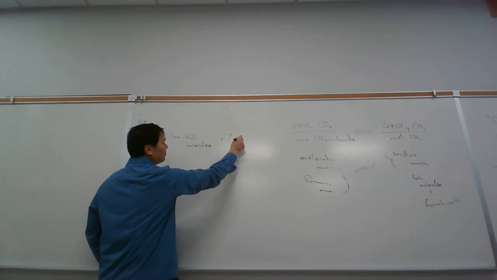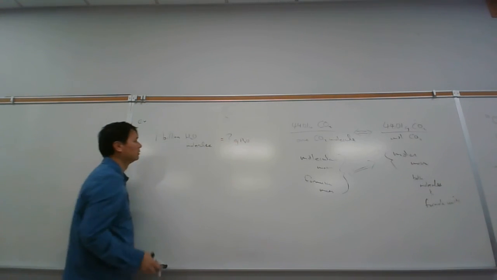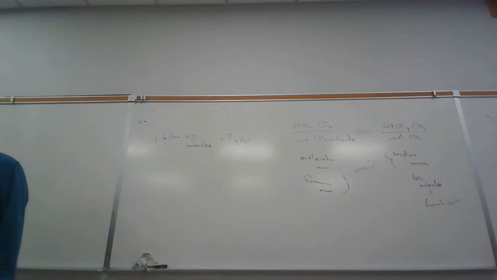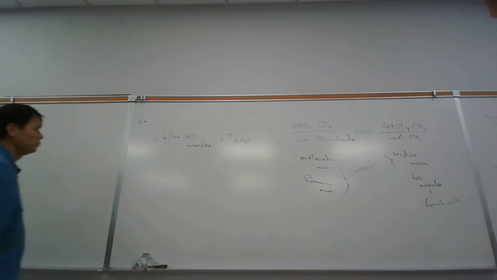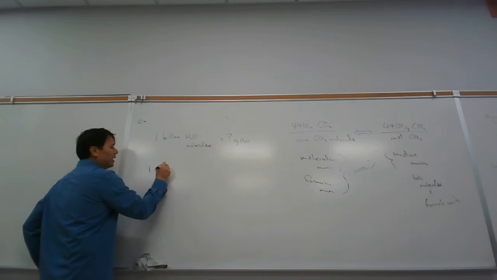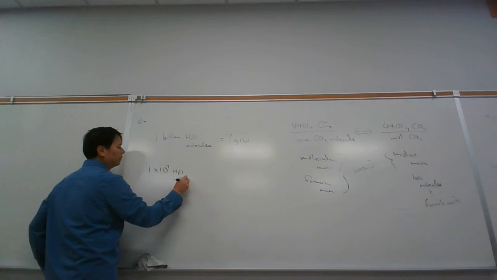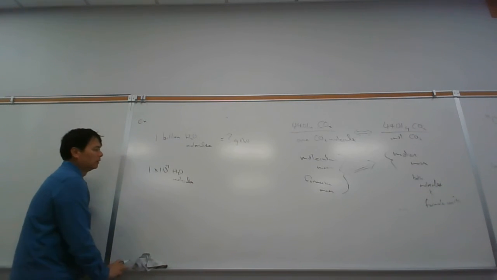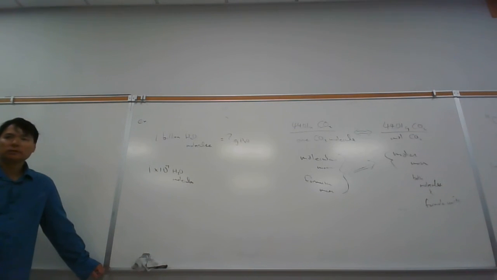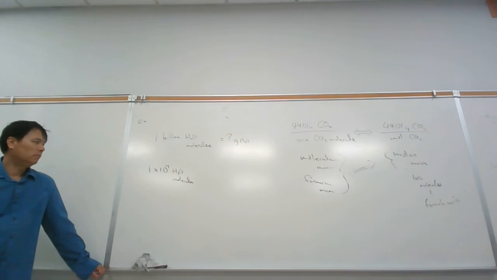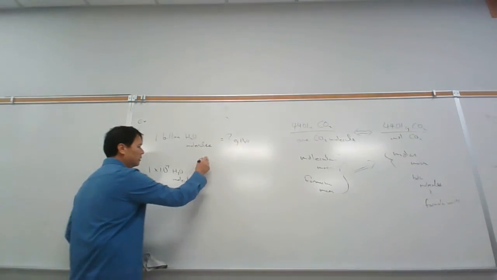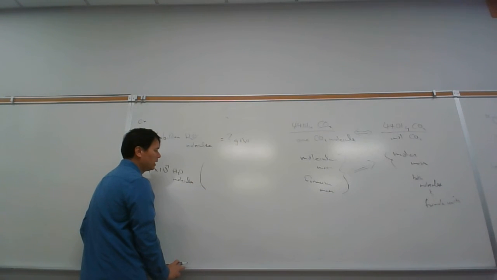How many grams of water is that? So 1 billion would be 1 times 10 to the 9 H2O molecules. And there are different ways I could do this. But I need to get rid of H2O molecules, and one way I could do that is I could use